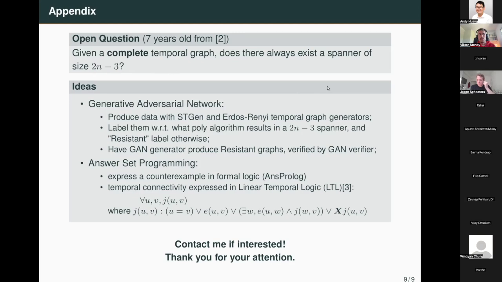I had some lessons in this maybe 9 to 10 years ago now. But yeah, so I don't know, maybe an idea could be to... So first of all, there are some polynomial time algorithms that spit out such a spanner, but not for all temporal graphs. Some of them resist. And so I would like to be able to generate a lot of resistant instances. Because if that's possible, then we can look at the actual structure that's been avoiding us for such a long time.